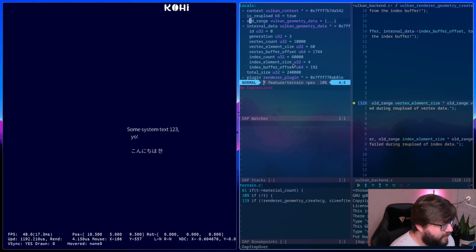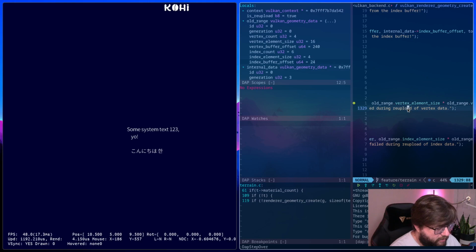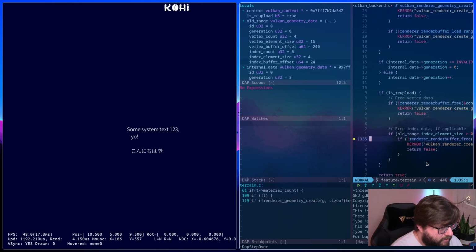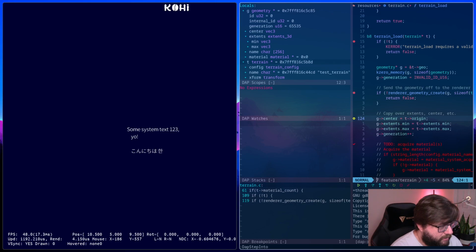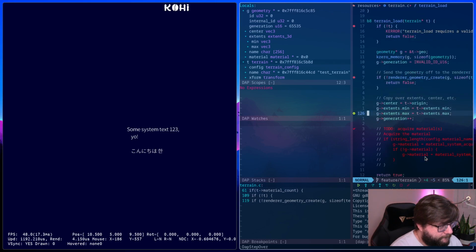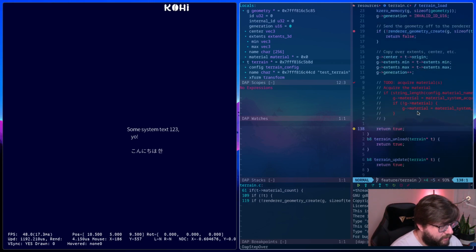Which is supposedly here. Which I'm not really 100% sure where that actually came from. I'm going to need to get to the bottom of that. But so we free the old ranges, and then it's uploaded. And then we up the geometry generation. So now it is no longer valid. And that should be it.